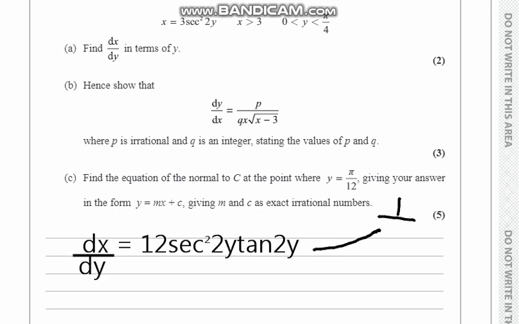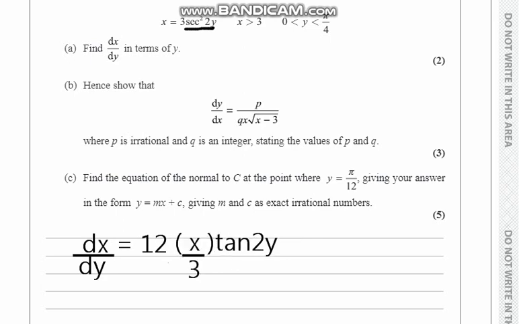We can just bring this here and divide 1 by it, but before doing that we need to bring all the x terms here, because if we are finding dy by dx, we are differentiating with respect to x, so we have to have the x function. We can see that x is 3 sec squared 2y, and there's a 3 there, so sec squared 2y will be x upon 3. Why did I get x upon 3? x was 3 sec squared 2y and we didn't have 3 here, so I'll divide everything by 3 to get sec squared 2y. I'll substitute x into here.